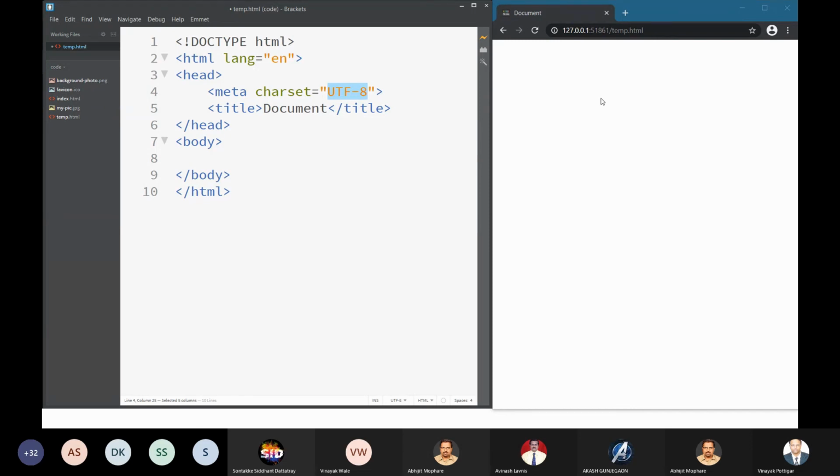So which character set you are using, you have to tell the browser. Since we are using HTML in English, we are using the character set UTF-8. Normally if you don't do this, by default it takes that only, so no worries. But it is better that you do it, right?